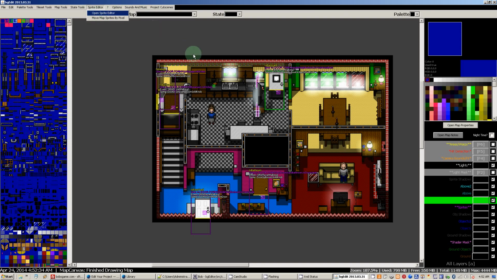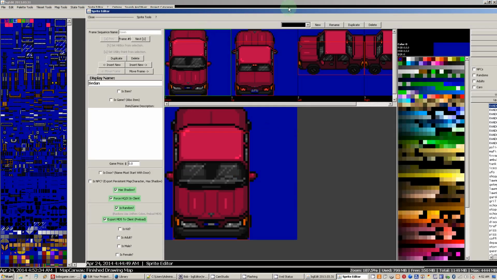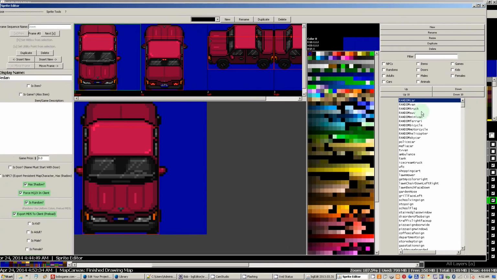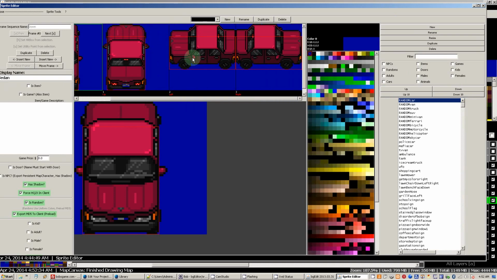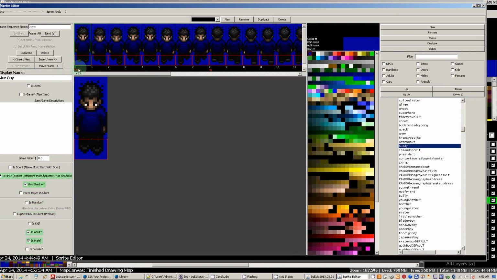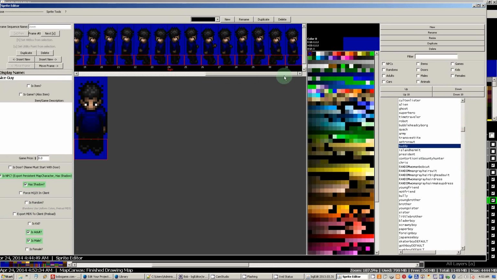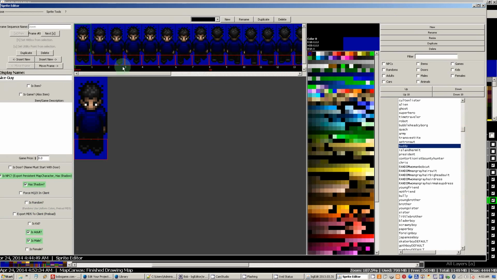Let's look at the sprite editor. So let's see, here are all my sprites over here. Tons and tons of these guys. All of them have hitboxes, and the frames are all named. And each frame has a unique hitbox. They're actually animation sequences. So if we go to a person, you can see that each animation sequence has a unique hitbox and a unique name. So those can be selected just by the name of the